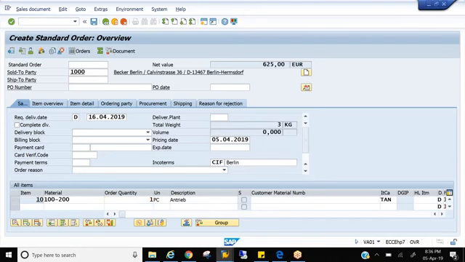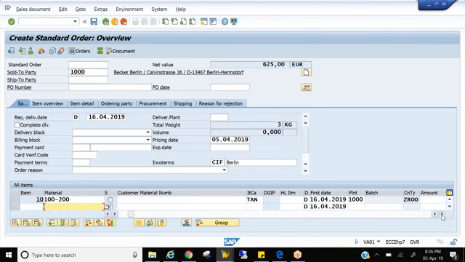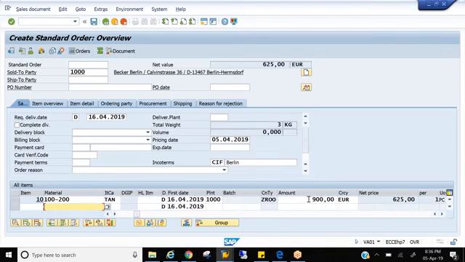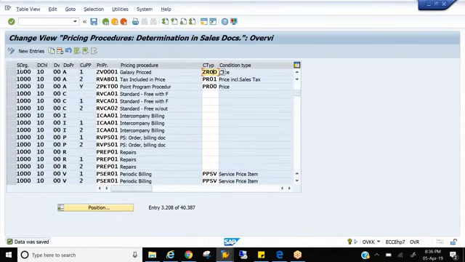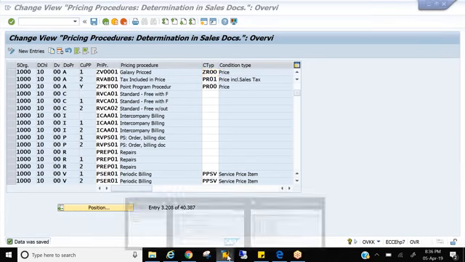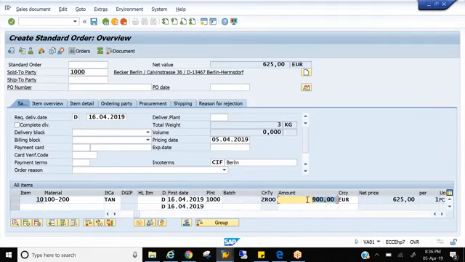this is a very important question. Now if I scroll to the right side, you see amount is here. Earlier amount was not there, right? But now the amount is here. This field amount will be filled only when you assign the base price in the OVKK for your combination. Why do you really need this particular configuration? Why do you need to get the price populated into amount? Because they ask this question, right?